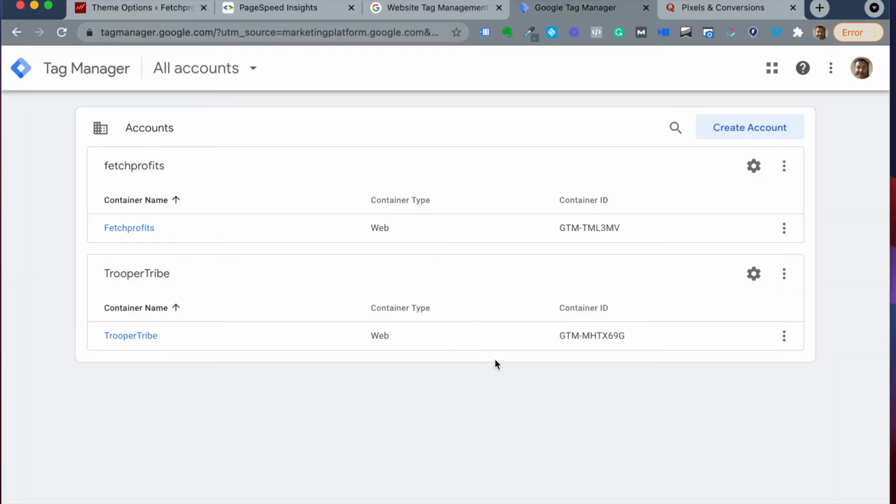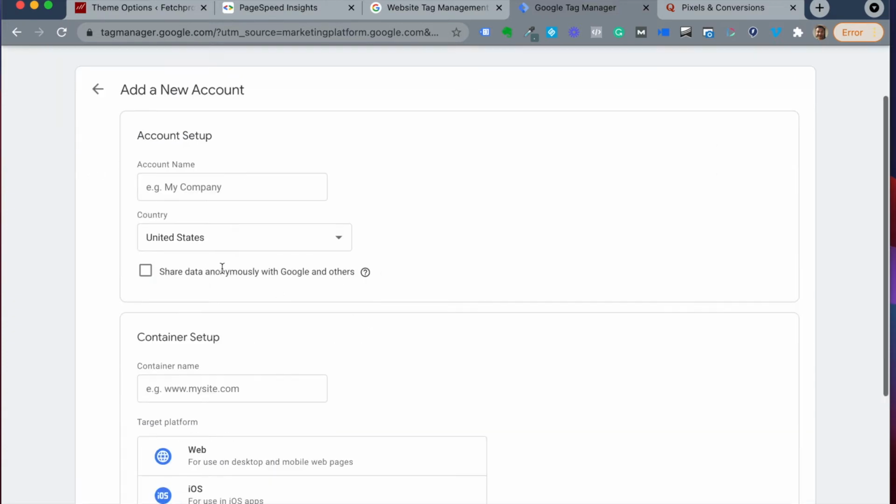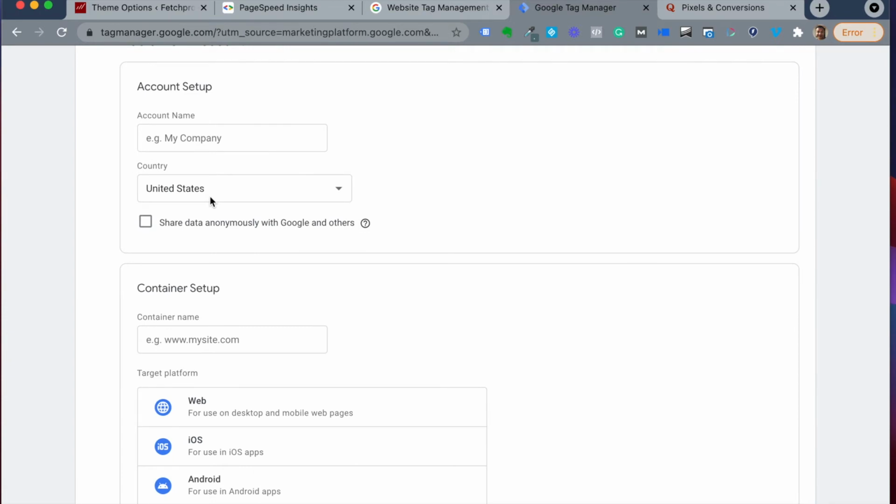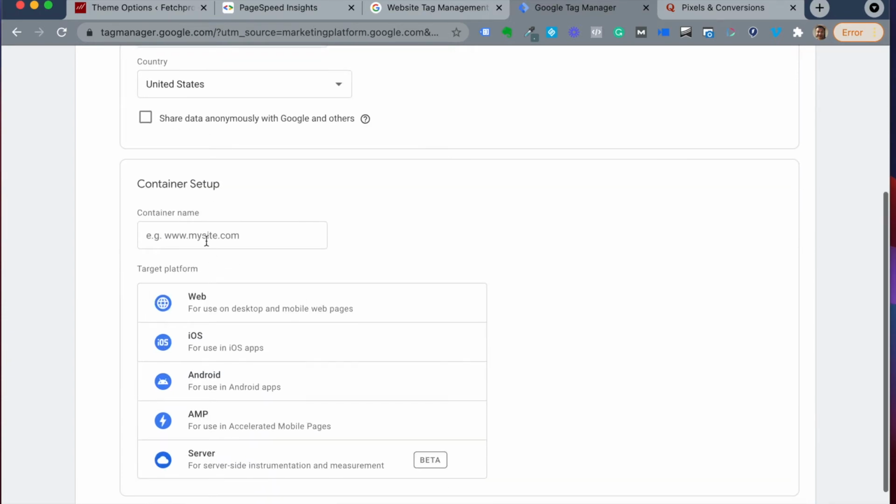After you sign into your Google Tag Manager, this is the screen that you will see. If you've already created accounts, your accounts will show up. If you haven't created an account yet, all you need to do is just click on Create Account. It'll ask you to set up an account name, which is usually your company name. Select the country, give your container a name. Everything that you create for your website here is a container, and everything that you add inside that container belongs to your website. So add a container name so that you know which property you're dealing with.